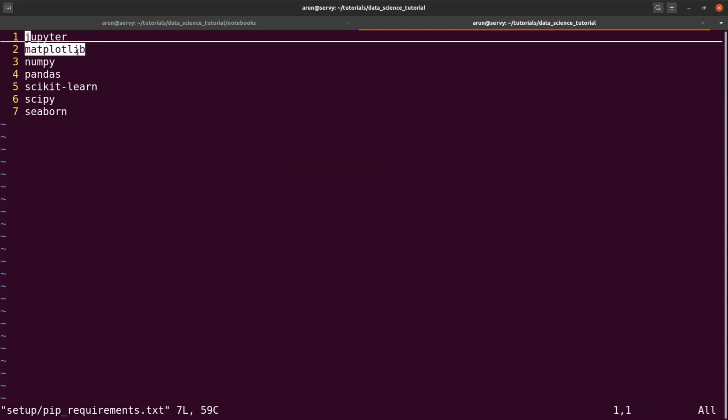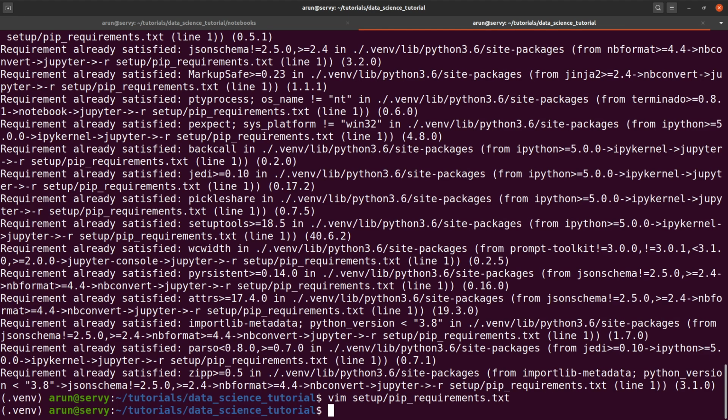Matplotlib is a library for plotting. We will be using NumPy, which this video will be covering. Pandas is for data frames. Scikit-learn, SciPy and Seaborn are all for data science; Seaborn is probably for plotting. Scikit-learn contains some machine learning function modules that we will be using. For now, if you have NumPy and Jupyter installed, that's sufficient. If the others are there also, it's good, no issues.